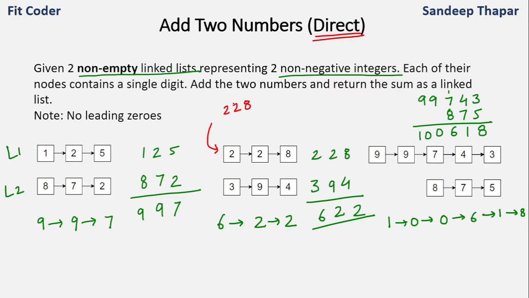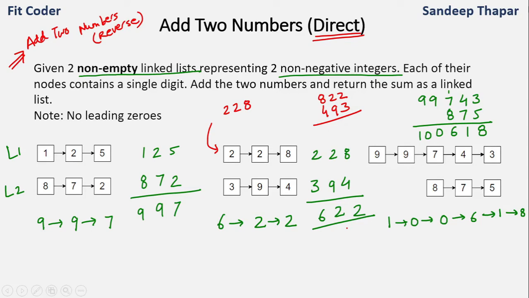There is another variation of this question which is add two numbers reverse. The add two numbers reverse I discussed in my previous video, where the linked list represents the reverse of these numbers. So the first linked list would be 822 and the second would be 493. But in this problem, the numbers are stored in the direct manner. Like we do in mathematics, two numbers are given and we have to simply add them. If you want to refer to how we solve the add two numbers reverse case, you can refer to my previous video which I have linked in the description and in the top right corner.